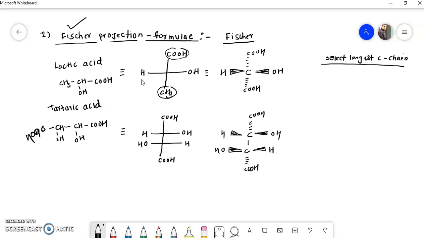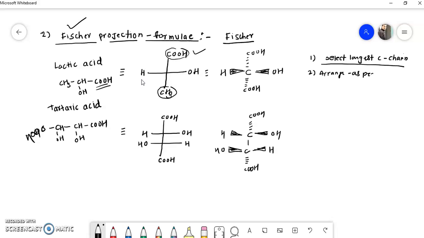Now, here you see, the longest carbon chain is of 3 carbons. Out of these 3 groups, this COH group is the most oxidized state group. So we have written COH on the top, and the group which is least oxidized is written on the bottom. Depending upon the oxidation state, we have to arrange the groups. The more oxidized group is on the top and the less oxidized group is on the bottom. So the first thing is select the longest chain. Second thing is arrange groups